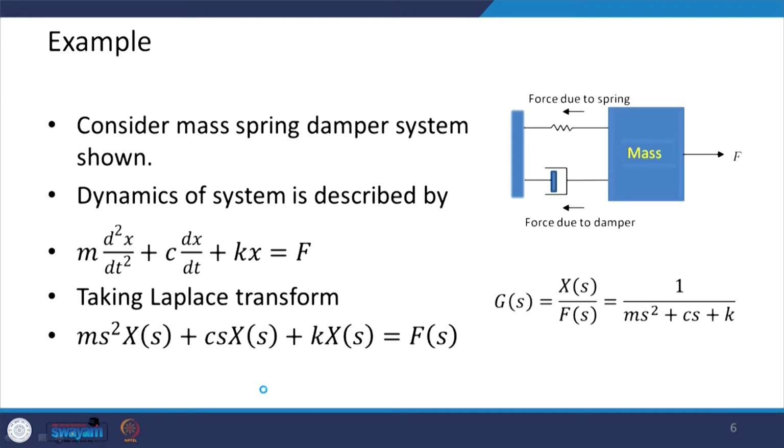If I take an example of a transfer function, I can take a second order system, a spring mass damper system, and for this system the dynamic equation is given by this one. After drawing the free body diagram, if I take the Laplace transform of this, this is what I am going to get. From here I can find out the ratio of the output by input. The output here is X(s) and the input is F(s). So, this is what I am going to get, and this is actually my transfer function.